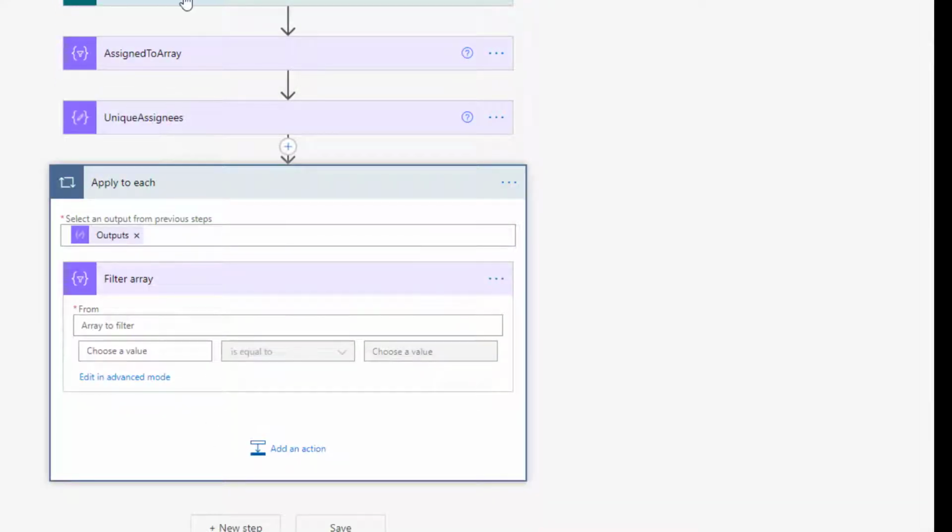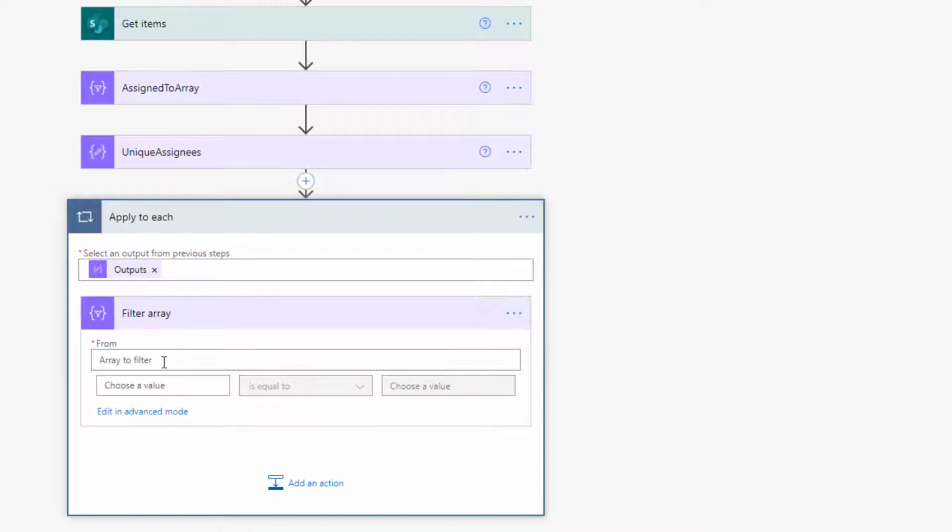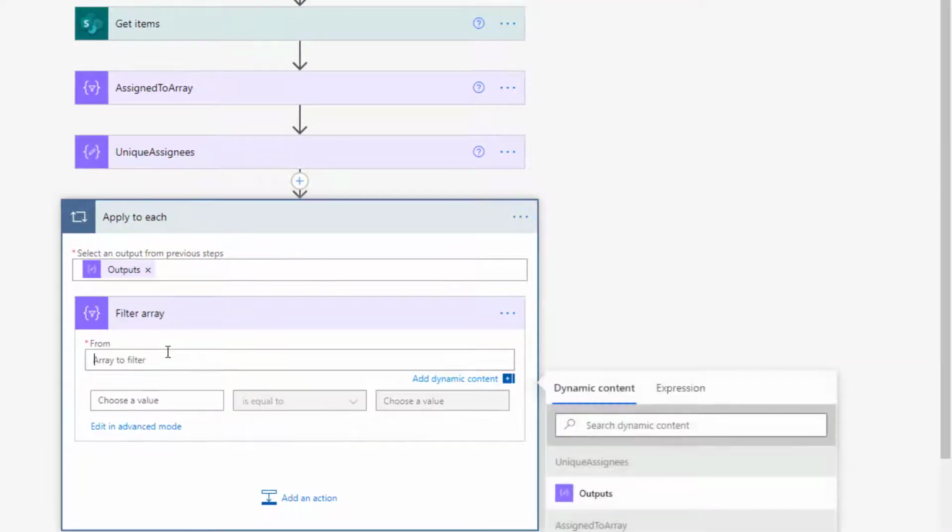Now what I'm going to do is filter get items on the basis of each unique assignee.